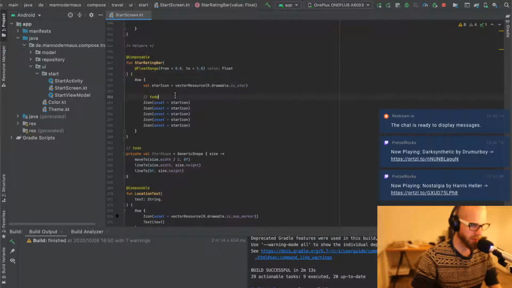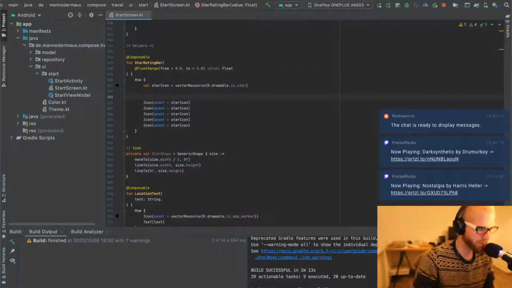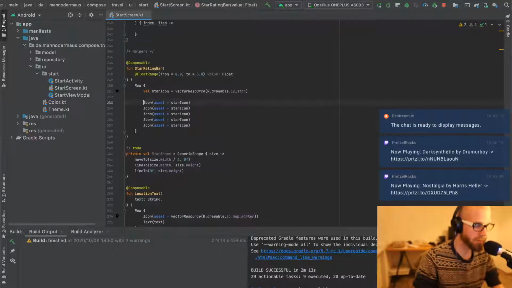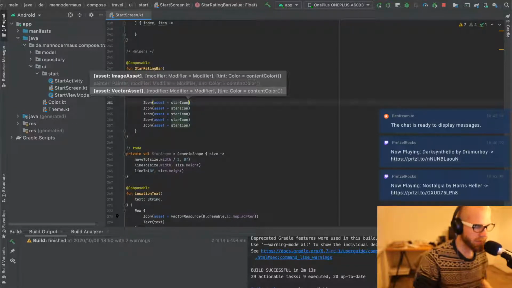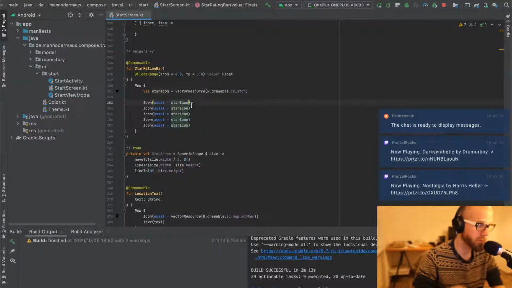Right, so I have the star icon. I load that from a vector resource. And then I'm emitting this 5 times. And then this has a tint property on it. So I think we should be okay to define a yellow tint first, and then apply that based on